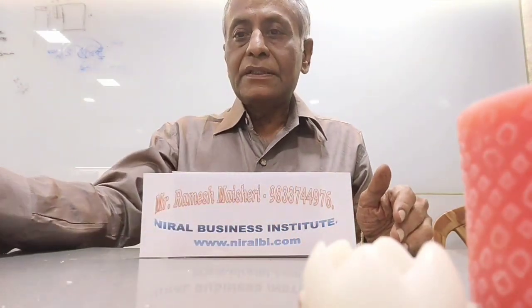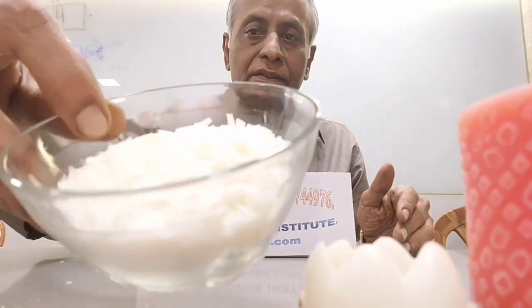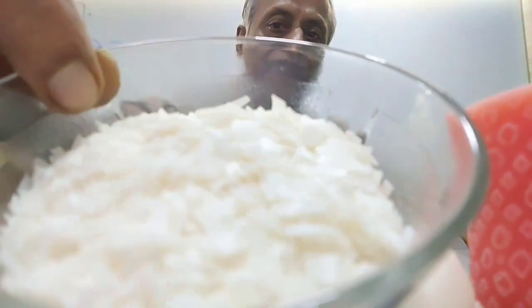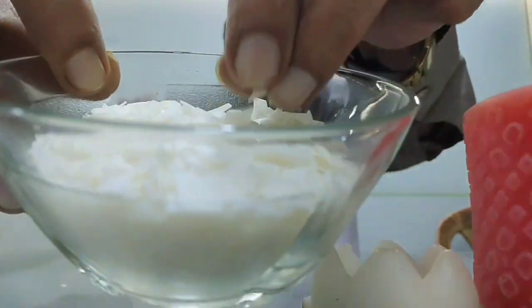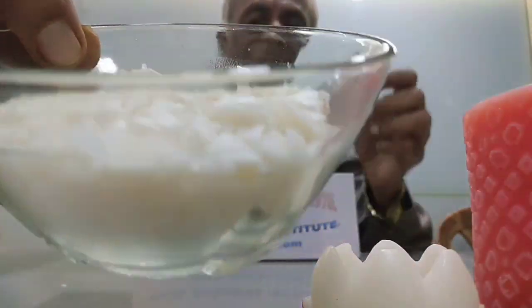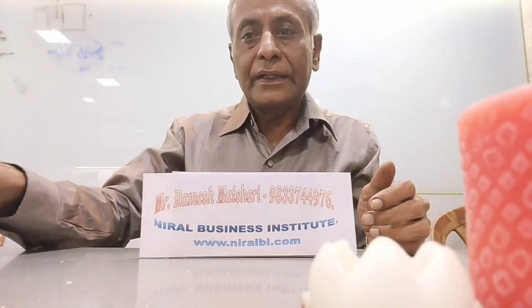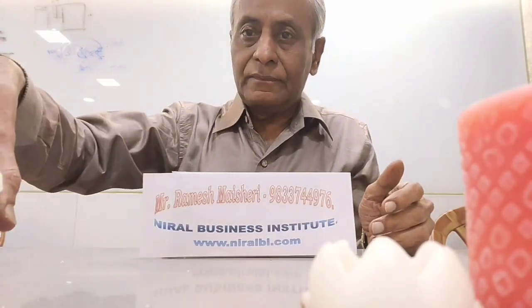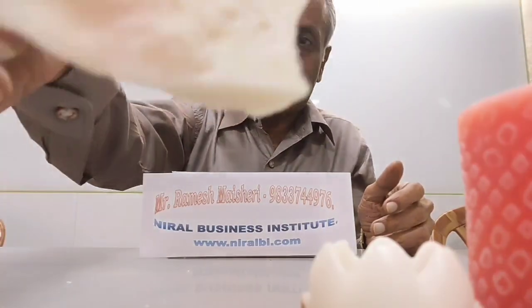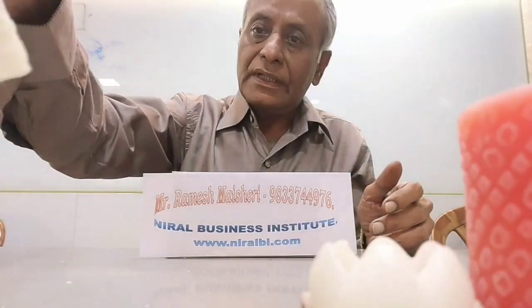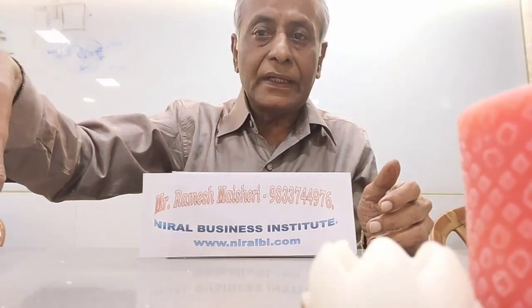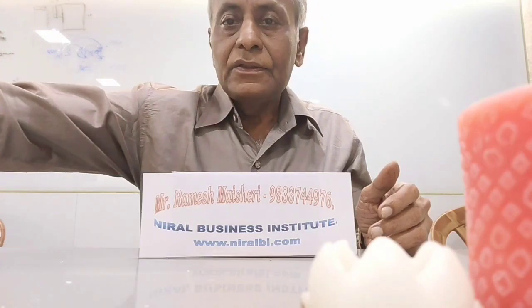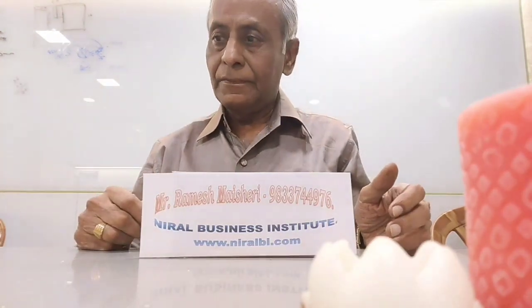Now there is one wax, we call it soya wax. This is soya wax. It's flakes-like. It's available like this in flakes. So sometimes we use this for glass and container candle. Then comes vegetable wax. This is a vegetable wax. You can use it as and where you require for making glass, jar, etc. So this type of candle we can make.